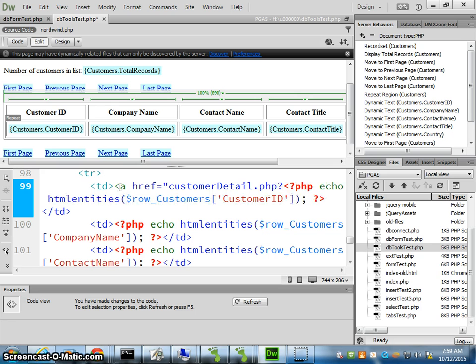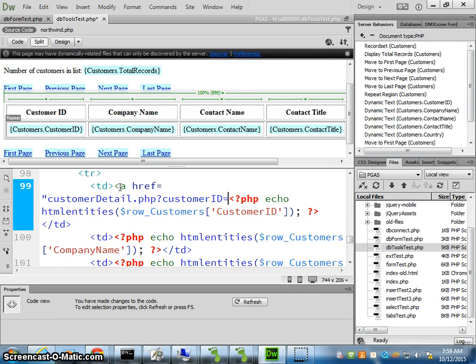Okay, question mark, and then after the question mark comes our list of variables that we want to pass. In this case, we're just going to pass one variable, the customer ID. So I'm going to name it customerID, just like we have it named in the database, equals,